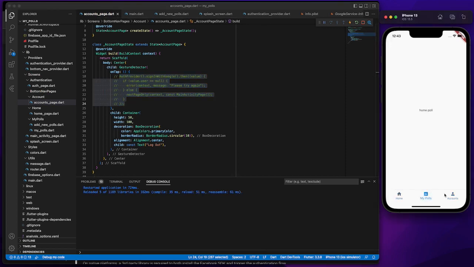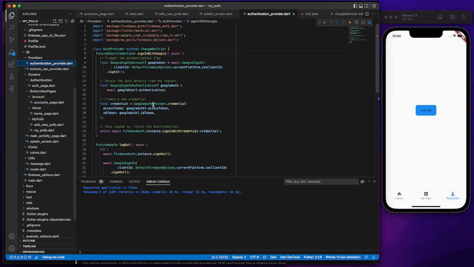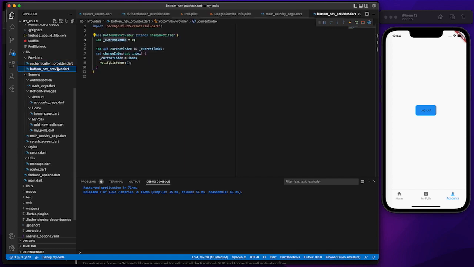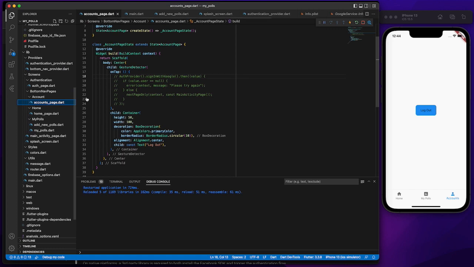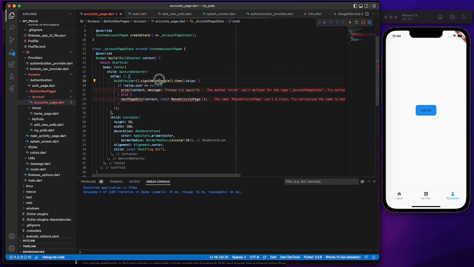So you can see the logout page. Pretty much cool. Inside here now, we are going to update this. Remember, we already added logout inside here, and if the logout is successful, it returns true. If the logout is false, it returns false. I'm going to quickly go to our accounts page. Inside here, I think we're still going to work with this. So import the auth provider here, and we'll call logout dot then dot value. So if value is equal to